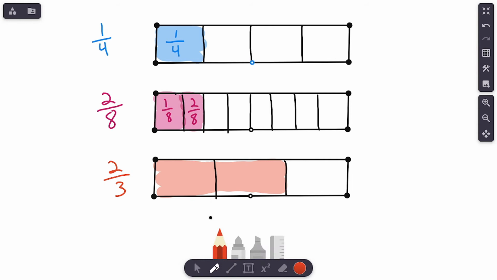So is 2/3 an equivalent fraction to 2/8 and 1/4? Is it? No, it's not. You can tell that. You can see how big 2/3 is compared to 2/8 or 1/4. This here is not an equivalent fraction. And so what you can do is, anytime you have 2 fractions or 3 fractions, draw a fraction bar, or